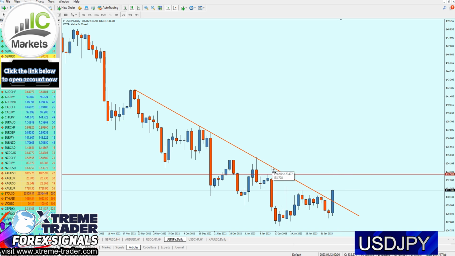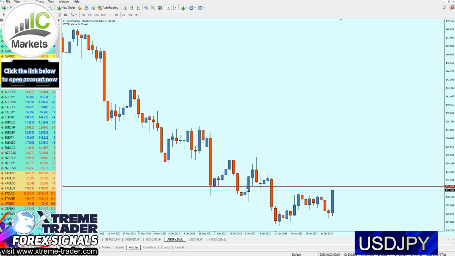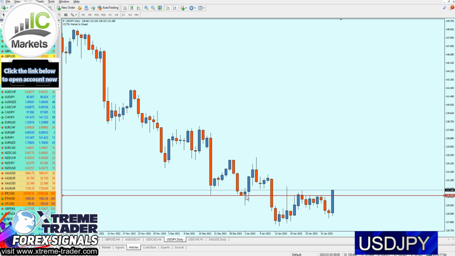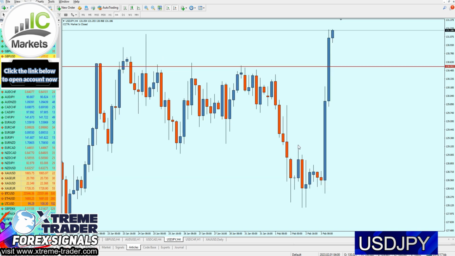So the question is, where exactly can we start buying this pair? Based on the daily chart, we can see right here, exactly right there, my friends, the strong key support level, which has already become a resistance. This was a strong key support level. That being said, I believe we have to wait for the USD/JPY to fall again, retesting that support trend line, or actually a key support level, before we can start buying the pair, before it starts the rise. But just to confirm the entry, let's move to the 4-hour time frame.